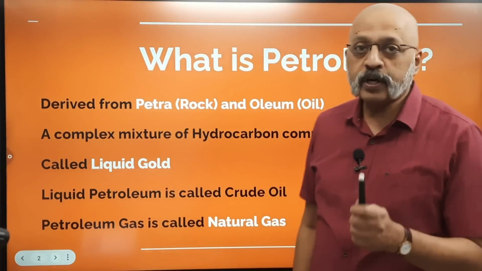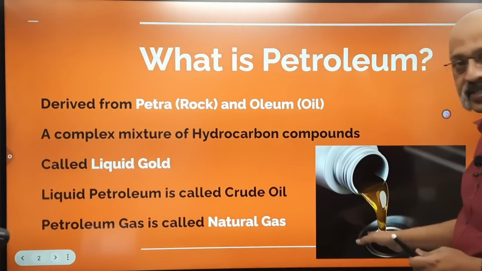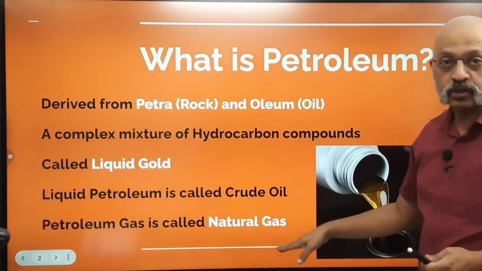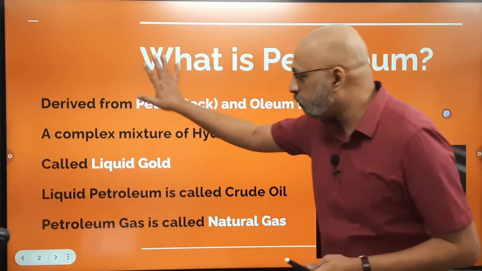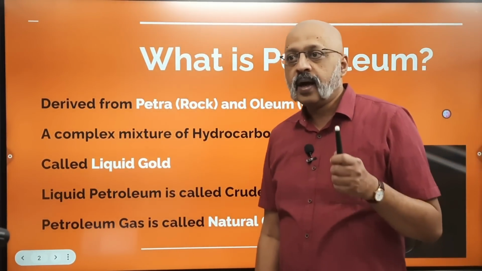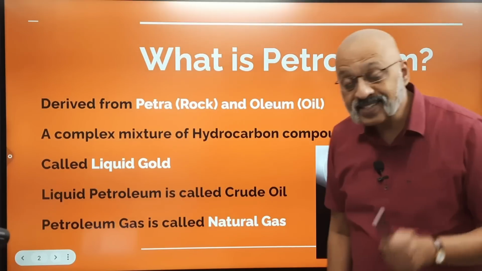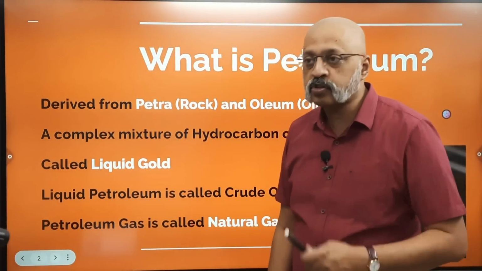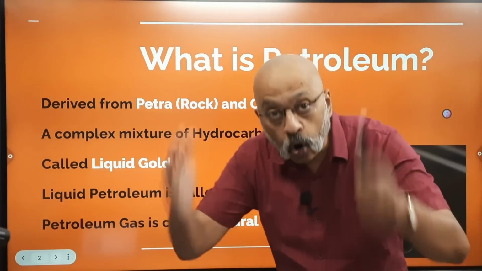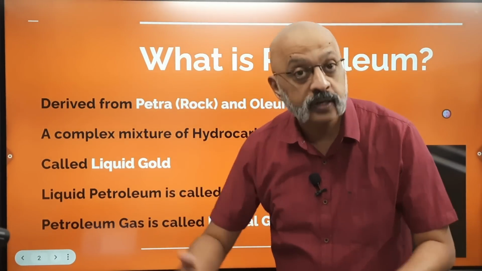Now, liquid petroleum is referred to as crude oil. Okay, this is how oil essentially comes out, right? Petroleum gas is called natural gas. So these five points that I've written out here are things which you should know very clearly. Liquid petroleum is called crude oil, petroleum gas is called natural gas, and the semi-solid and solid forms of petroleum are referred to as asphalt, tar, and bitumen. All three forms are used in the construction of roads: bitumen, asphalt, tar.